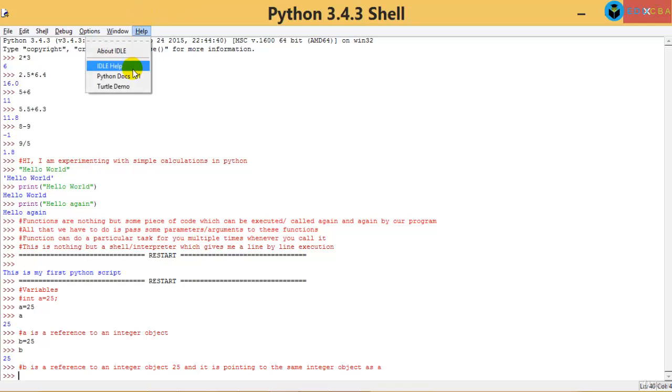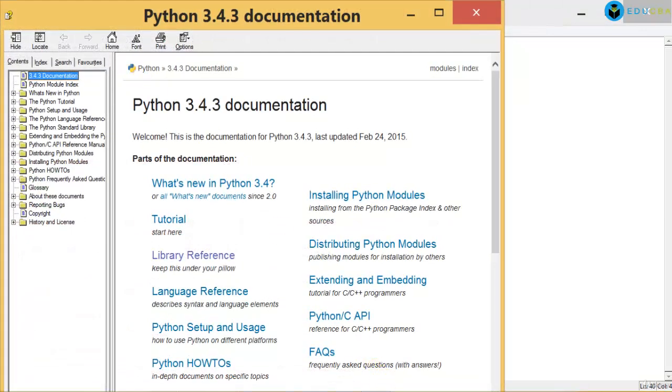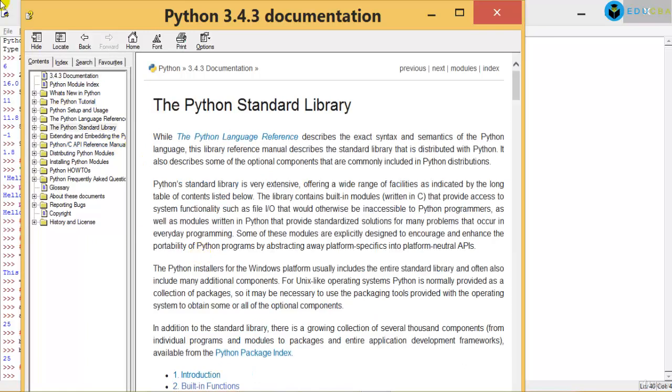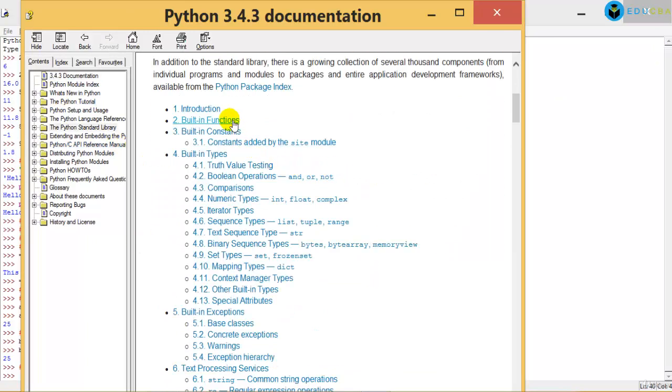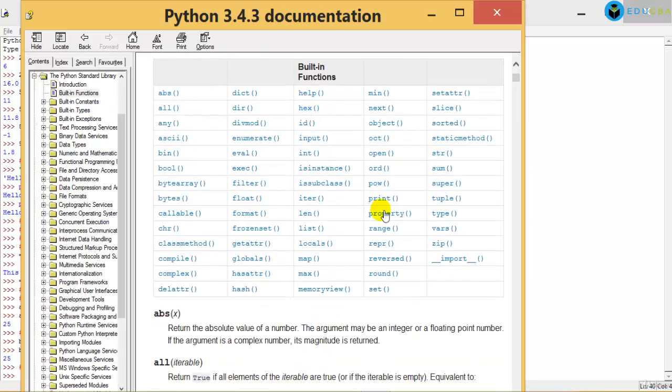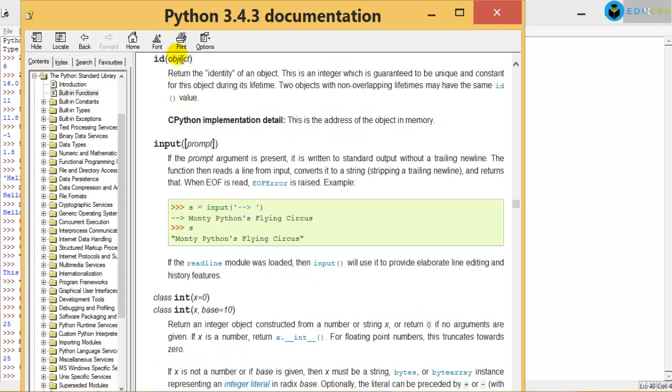If you go to help and click on Python docs, it opens the docs. And in the documentation, I told you to go to library reference, and in the library reference you have something called the built-in functions. When you go to built-in functions, you have something called ID. Can you see ID? So if I click on ID, it says: